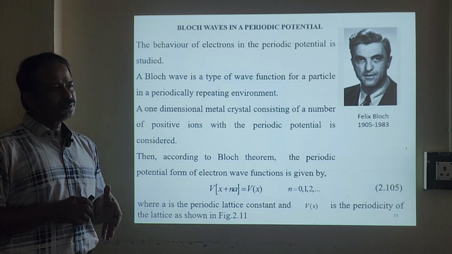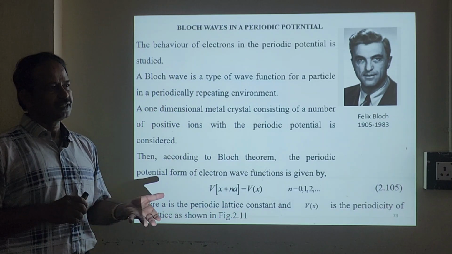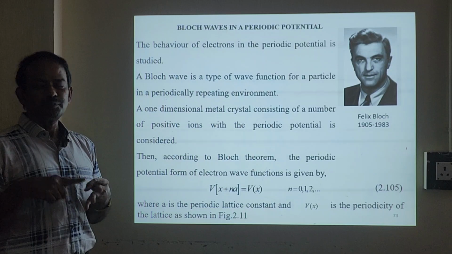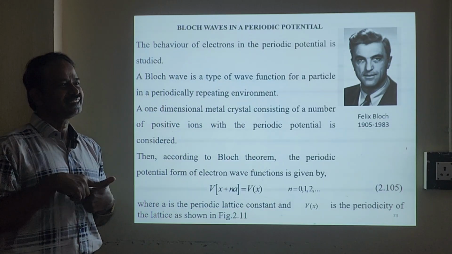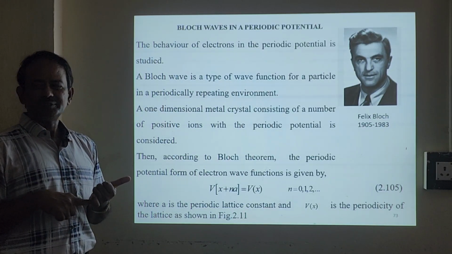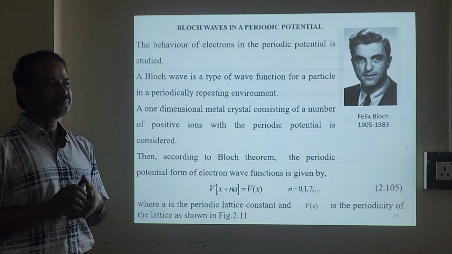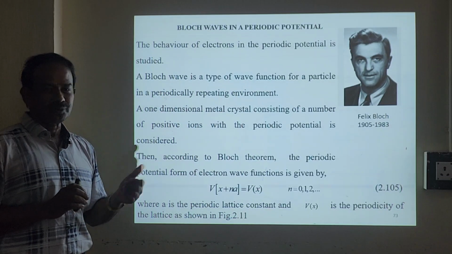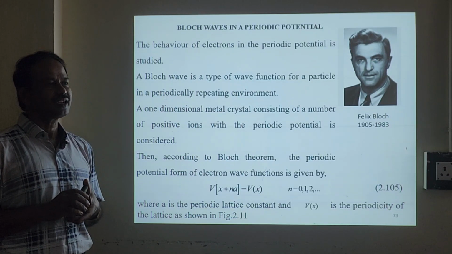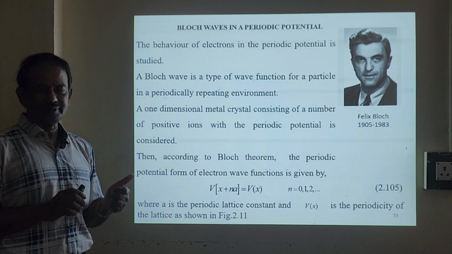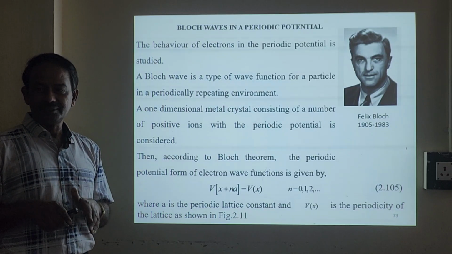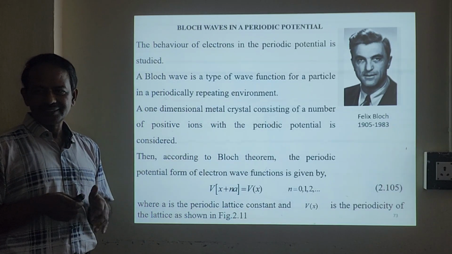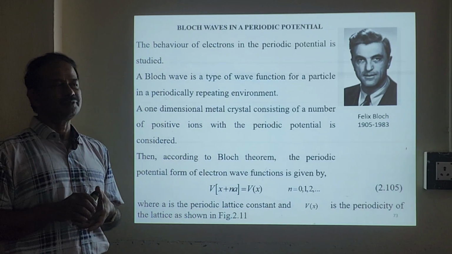Then after that he did a lot of work on quantum mechanics, especially ferromagnetism, spin waves, Bloch waves, Bloch spectrum, Bloch sphere, Bloch spin, and some radioactive elements also. So he did a lot of things. In the year 1952 he got the Nobel Prize along with Purcell. He went to the US because in 1933 he was a Jew, as I said. So he went to the US in those years, 1933-34.